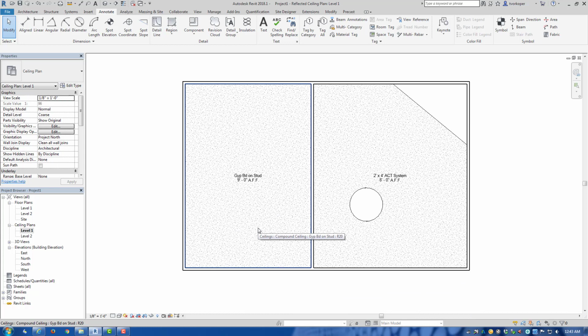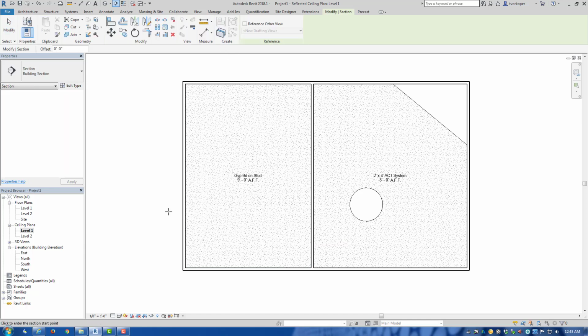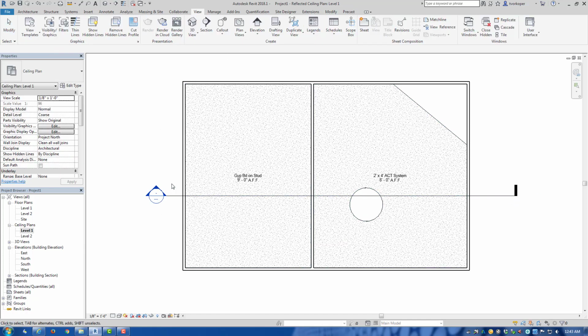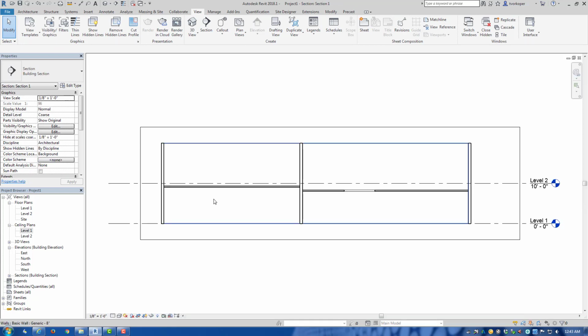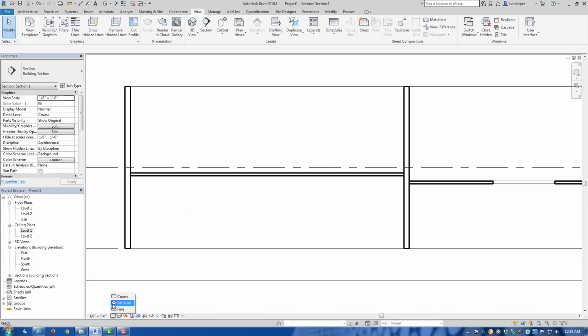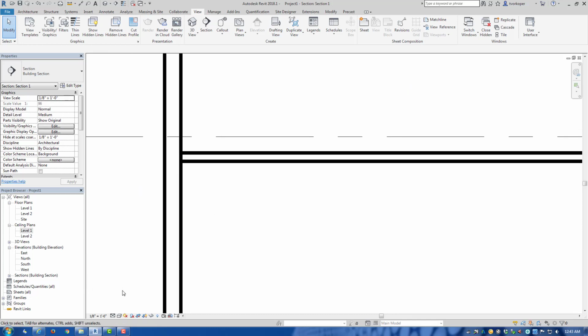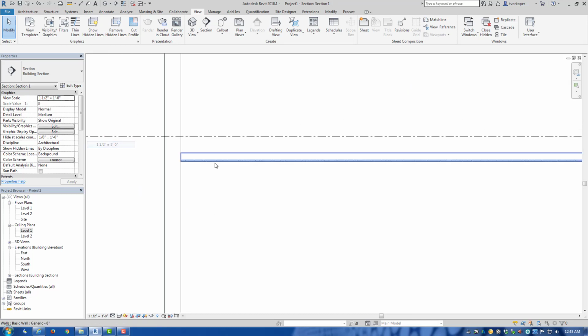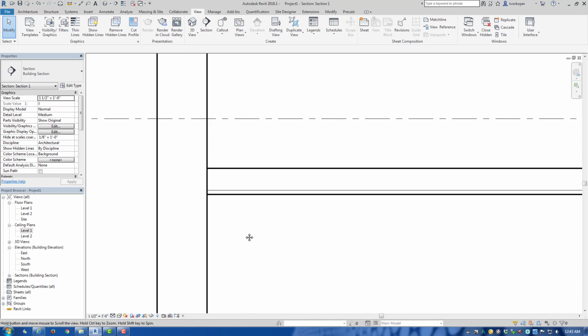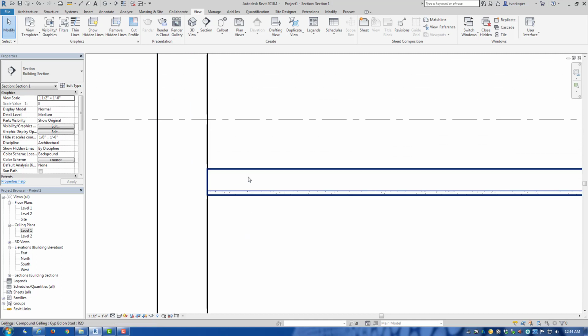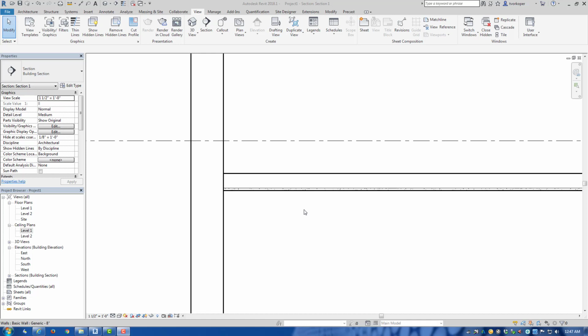And finally for this video, let's talk about ceilings attached to floors. If we create a section view through this building, and we take a look at the section view, let's go ahead and create the scale higher, and we can see that we have a gypboard on a stud layer. One question that arises in looking at the ceiling and thinking about the floor above it is, should we